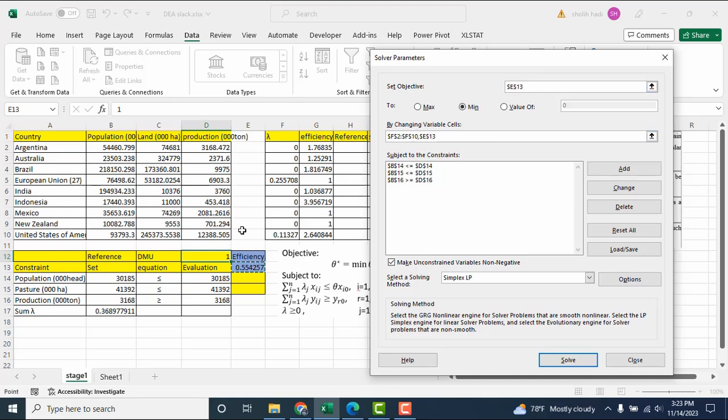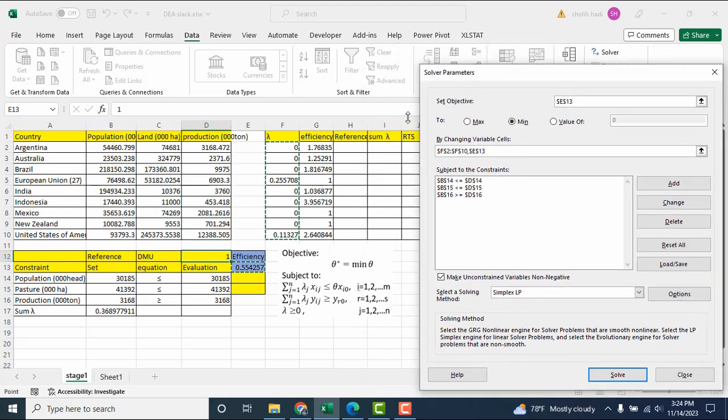And then because this is input oriented, we try to minimize the input, so choose minimize, and by changing variable cells we change the lambdas and also the efficiency.